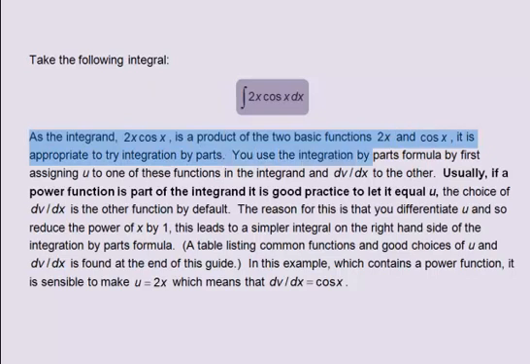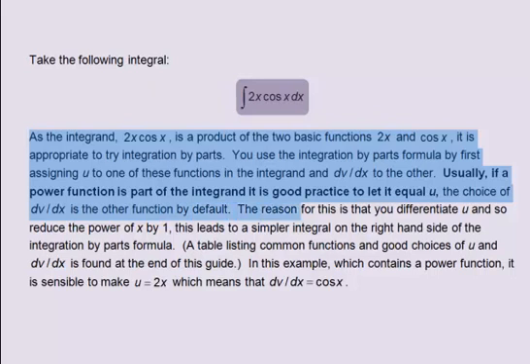You can use the integration by parts formula by first assigning u to one of these functions in the integrand and dv by dx to the other. Usually, if a power function is part of the integrand, it is good practice to let it equal u. The choice of dv by dx is the other function by default. The reason for this is that you differentiate u and so reduce the power of x by 1. This leads to a simpler integral on the right hand side of the integration by parts formula. A table listing common functions and good choices of u and dv by dx is found at the end of